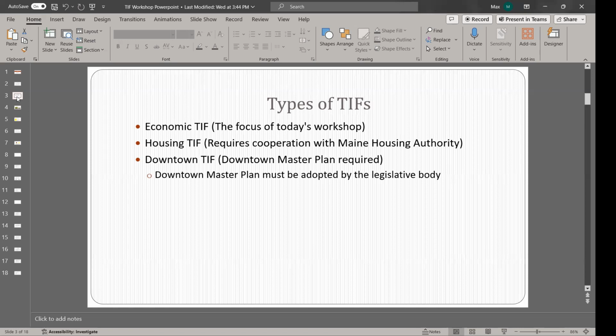George, I see your hand up. Let's have you ask a question. So this is related to this timing issue. From what you're describing, it sounds like you could use this TIF in a purely opportunistic way. Hypothetical: a hotel developer buys a parcel in your town, and while they're drawing up the plans, you know that the land will be valued for tax purposes substantially higher once the hotel is built. You can then TIF it and dedicate the benefit to a legitimate use. Yep, that's exactly what I'm saying.